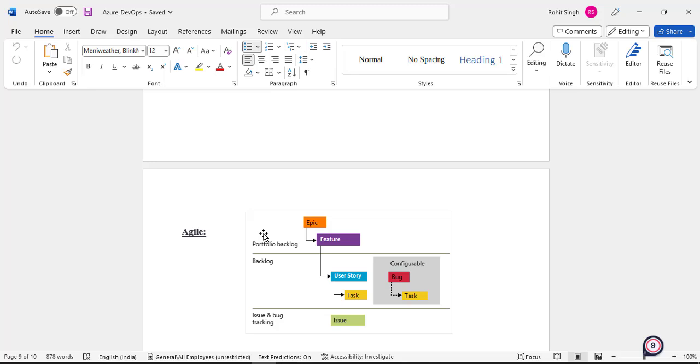So in such cases you should have a bit of knowledge about what exactly these processes are, what is an epic, what is a feature, what is a PBI, and all this you need to know. So it's good-to-know knowledge. Plus, even if you have a Scrum Master, as I said earlier, the Scrum Master is not technically advanced. You need to guide him, you need to tell him how things are done. Not from the theory perspective, from the technicality you need to guide him. So he may reach out to you.